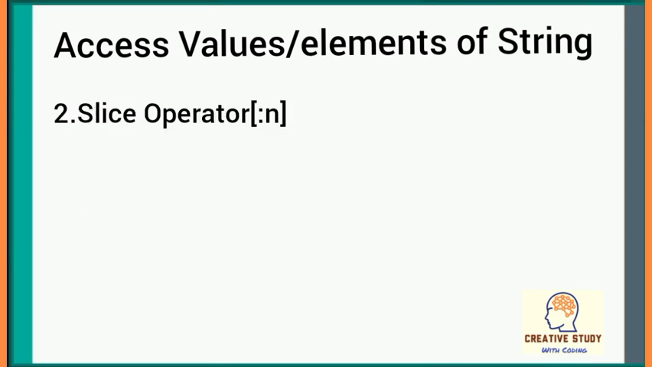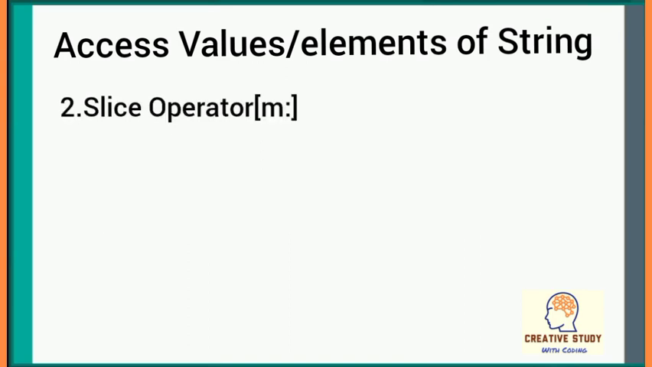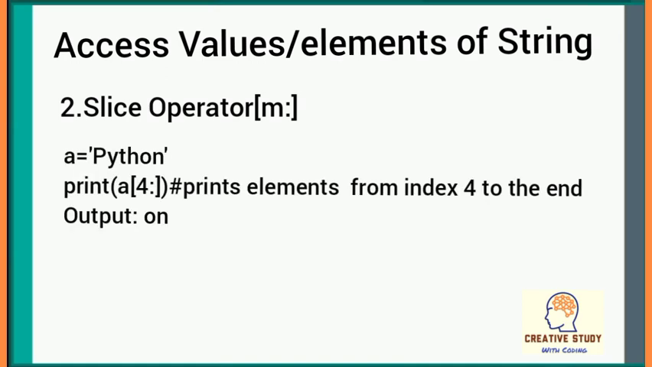And when you skip first index, or you can say before the colon, the slice starts at the beginning. Thus in this example, if I write print a[:4] within square bracket, it will print all the elements starting from index 0 to 3. And if you skip the second index, the slice goes to the end of the string. Thus in this example, if I write print a[4:] within square bracket, it will print all the elements from index